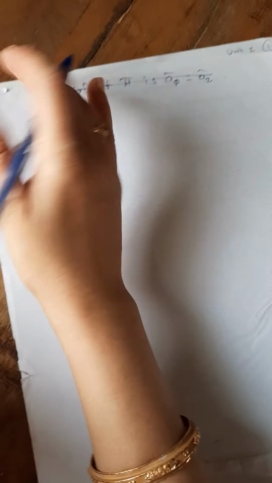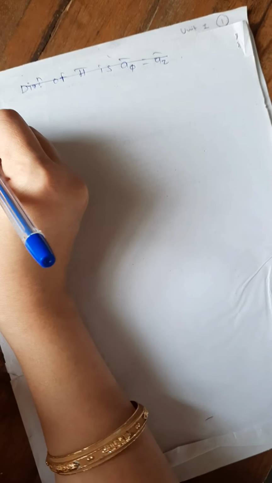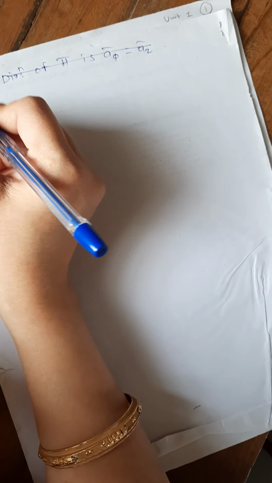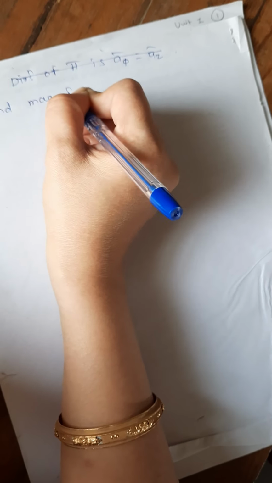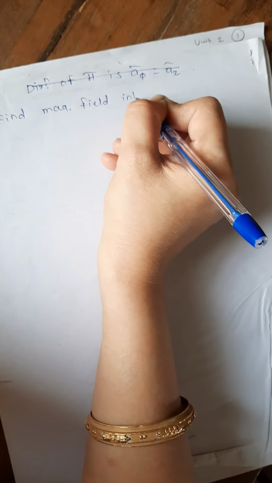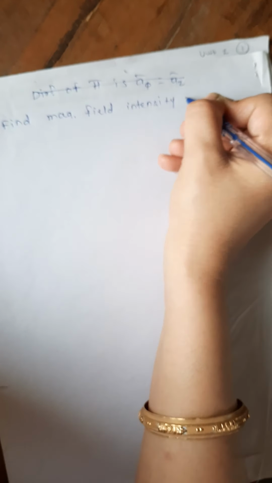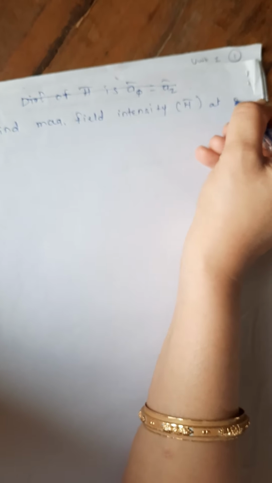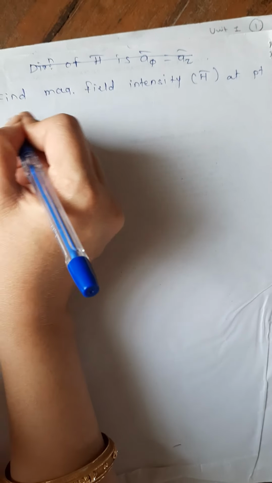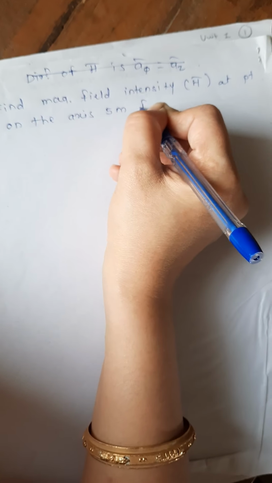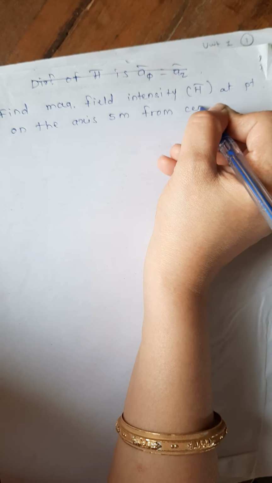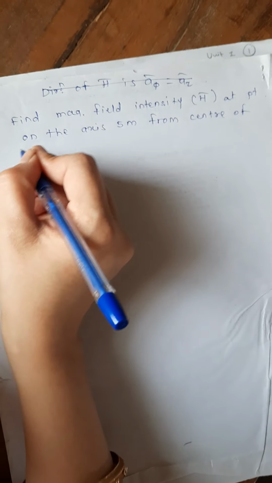Now the next problem. This problem was asked for 6 marks in a university question paper. Find magnetic field intensity. Magnetic field intensity means what? It is H bar at a point on the axis 5 meter from the center of a circular loop